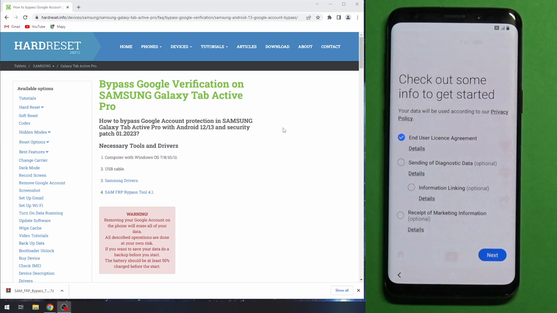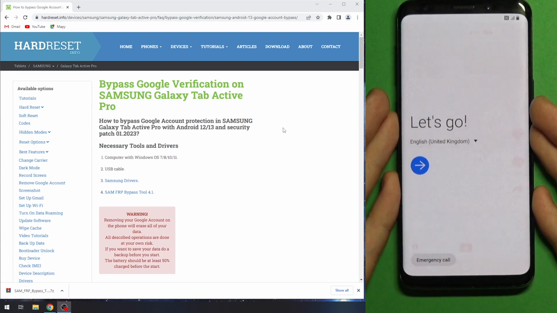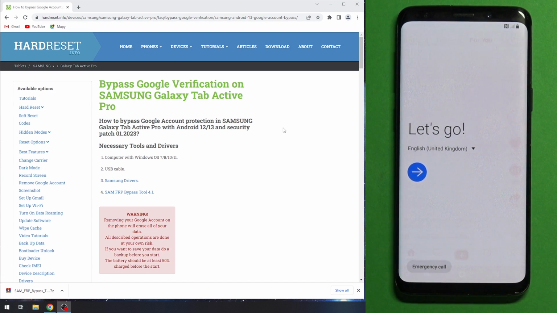Firstly, you need to disconnect from the Wi-Fi network. You need to eject the SIM card if you have mobile internet. So your device must be disconnected from any networks. Great. Then you need to open our website